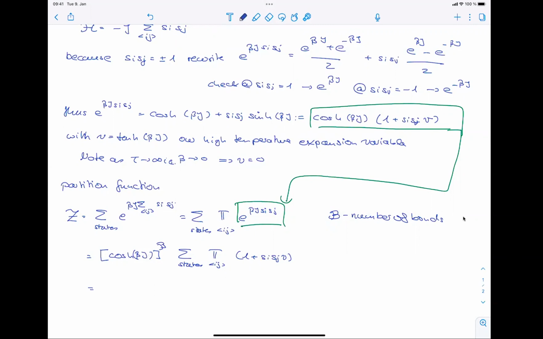And so let's just try to start writing down a few terms in this expansion in orders of v to the n. So what we get